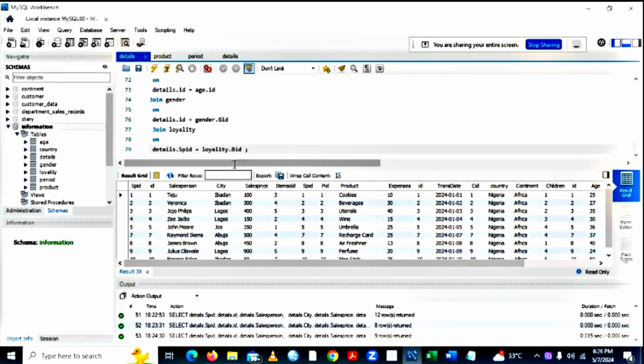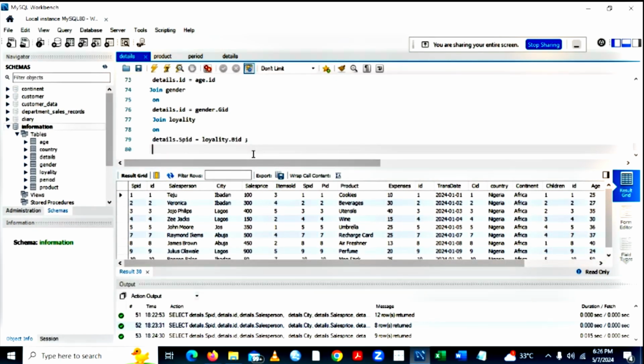Now I want to filter this single table. Let's say I want to say where salesperson is equal to Veronica or salesperson is equal to Julius Olawale. How can we go about that? I will just say where